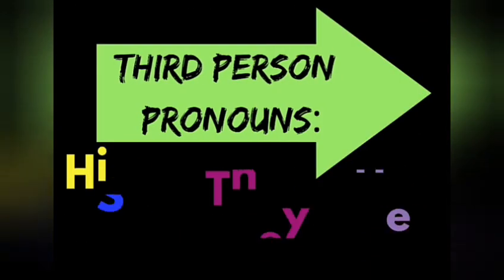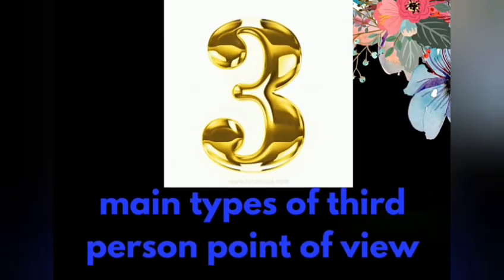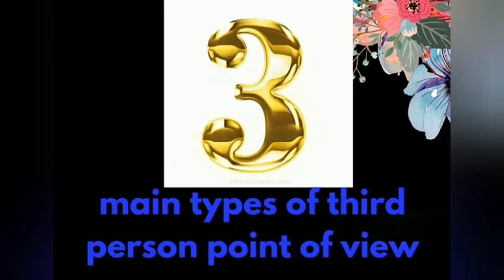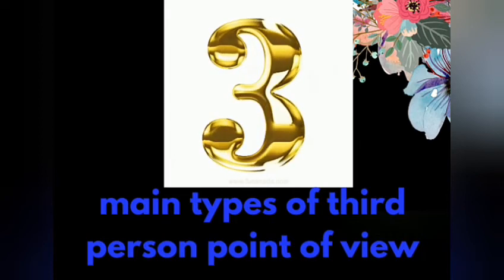He addresses the characters by names and he uses these pronouns: he, she, they, it, and so on and so forth. There are three main types of third person points of view. They are